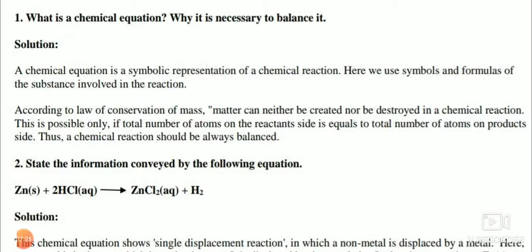Between the reactant and the product, an arrow is drawn to indicate that the reactant has undergone some chemical change and given the product. If there are any necessary conditions like temperature, pressure, or catalyst involved, those are written in brackets. Also, if a gas is evolved, it is represented by an up arrow, and if a precipitate is formed, it is represented by a down arrow. Please remember, a precipitate is an insoluble salt formed during a chemical reaction, specifically in a precipitation reaction. That was a part of the double decomposition reaction.